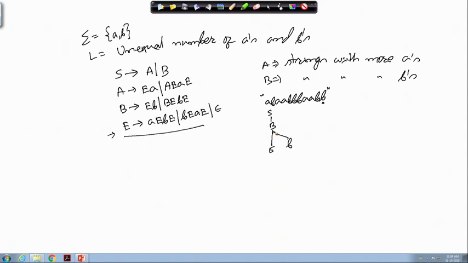Okay. So, the same set of rules has been used here. So, you can see that we can have a derivation tree below this that will give me the string that has an equal number of A's and B's in it. So, this way we can construct the corresponding parse tree and give the proof that, okay, this has an unequal number of A's and B's in it.